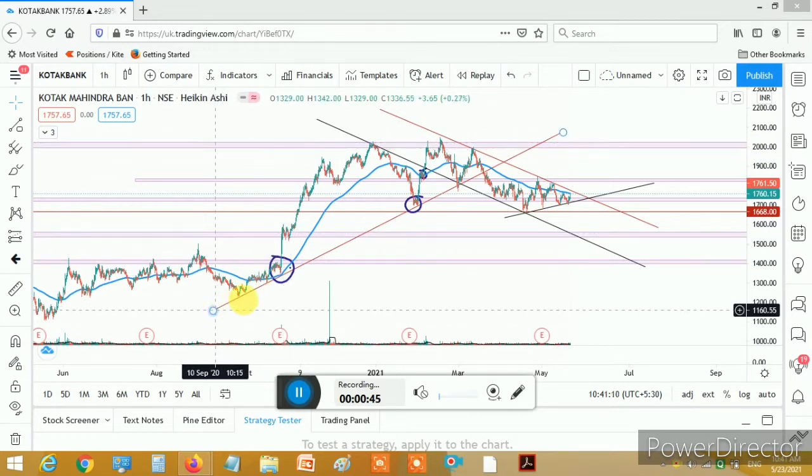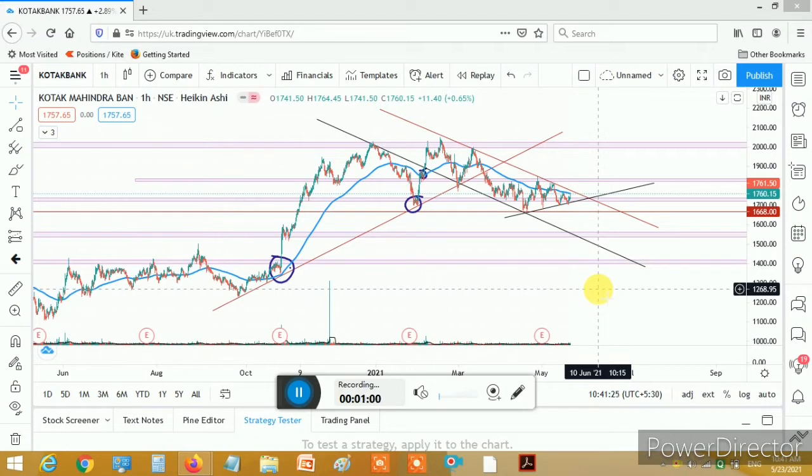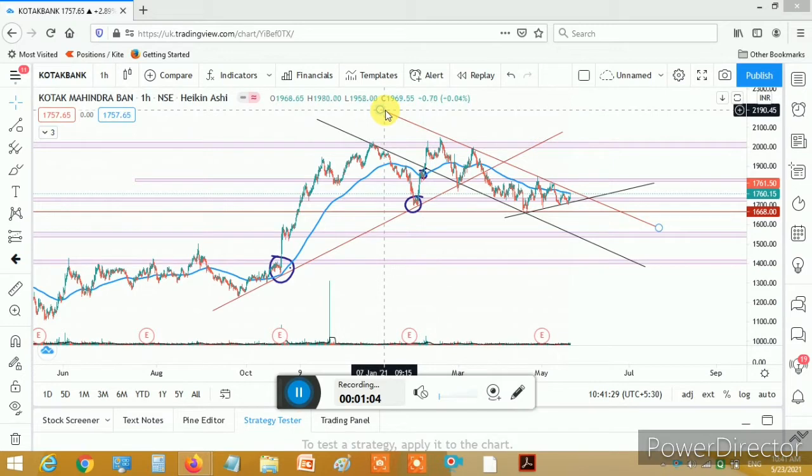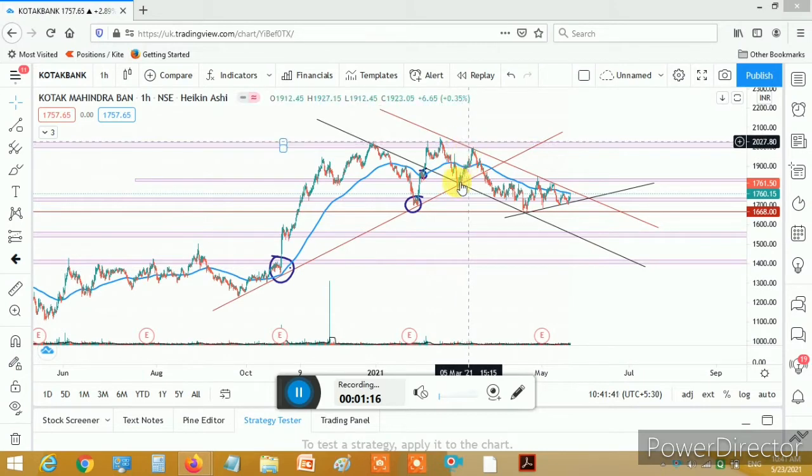The next support you can see is an inclined support. Basically, inclined upward support and inclined downward support, both kinds of support we are going to show, and it will be very useful. In this chart you can see that the inclined support is forming a channel. So Kotak Bank is moving in this particular channel.